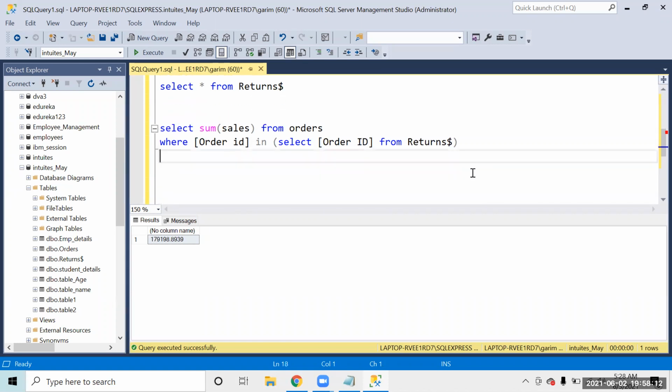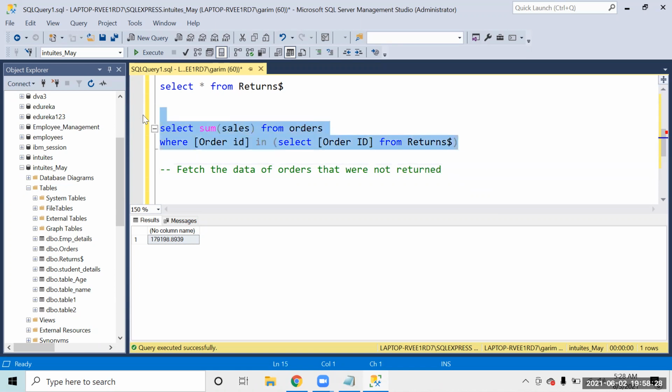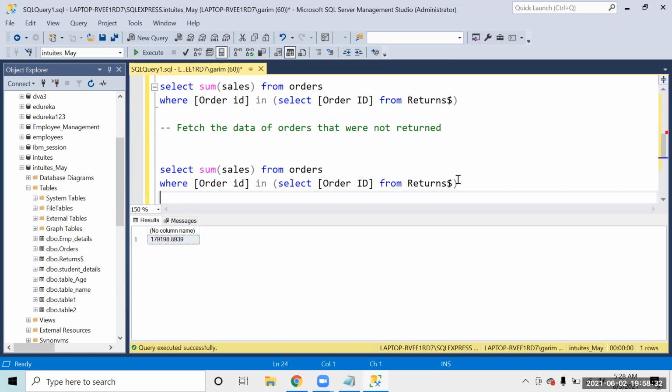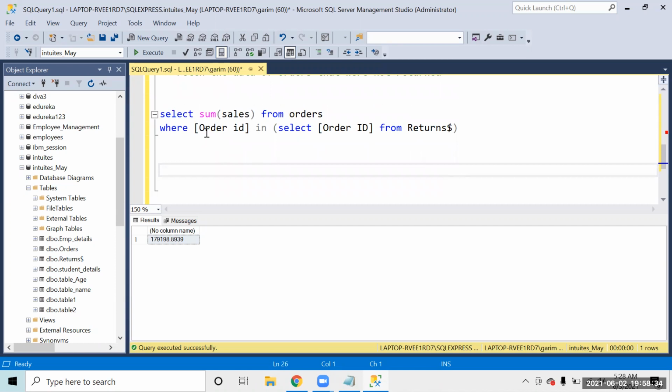In the same way, if I have to write a query to fetch the data of orders that were not returned, again I can use the concept of subqueries only, right? So I come over here and write select star from orders where order ID not in.